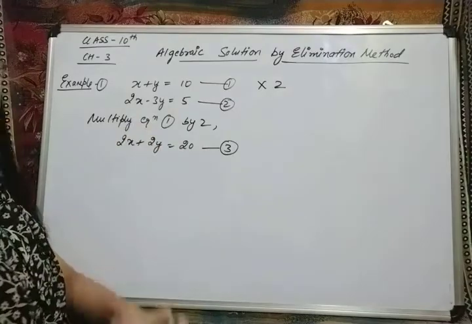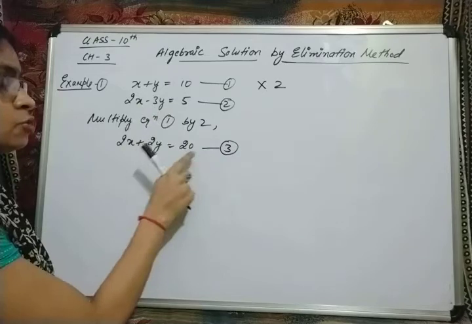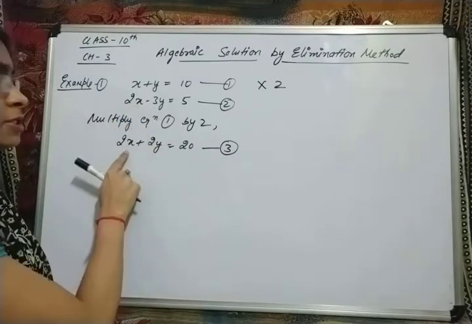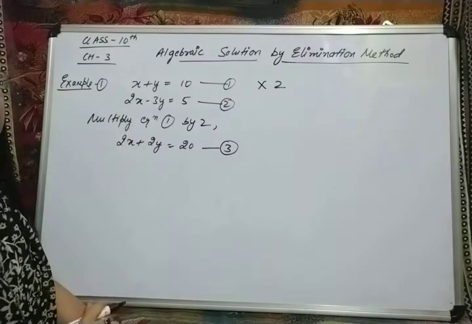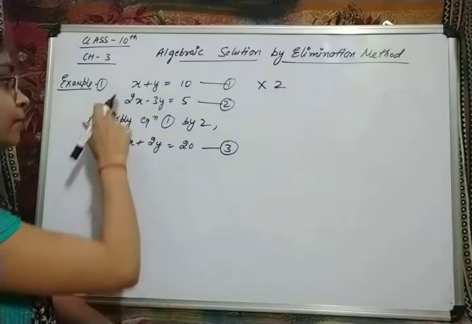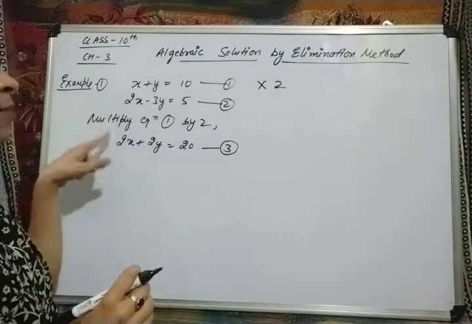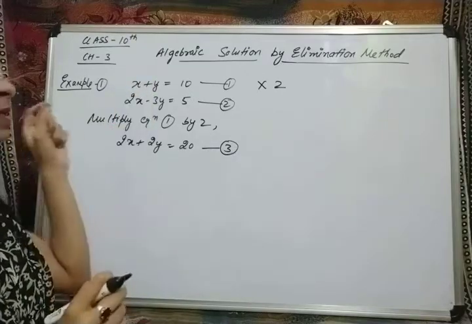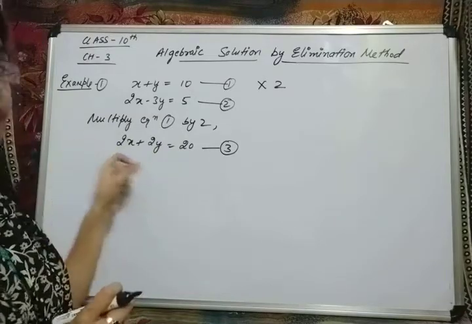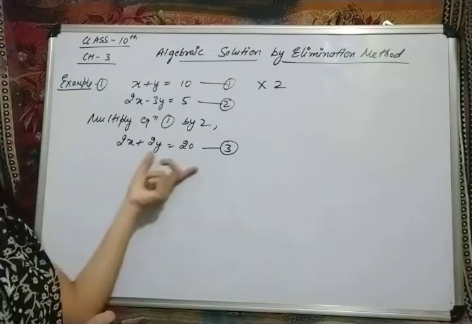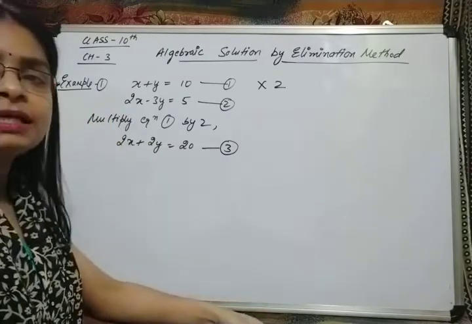No need to multiply equation 2. Now see here. This is 2x minus 3y is equal to 5 and this is 2x plus 2y. We are supposed to eliminate 2x, because the coefficients are the same. Now the signs are exactly the same. Whenever the variable you have to eliminate has the same signs, either plus plus or minus minus, then subtract those two equations. Why? Because if you subtract one equation from the other, the sign of one equation will change, so one will become plus and one will become minus, and that will get eliminated.